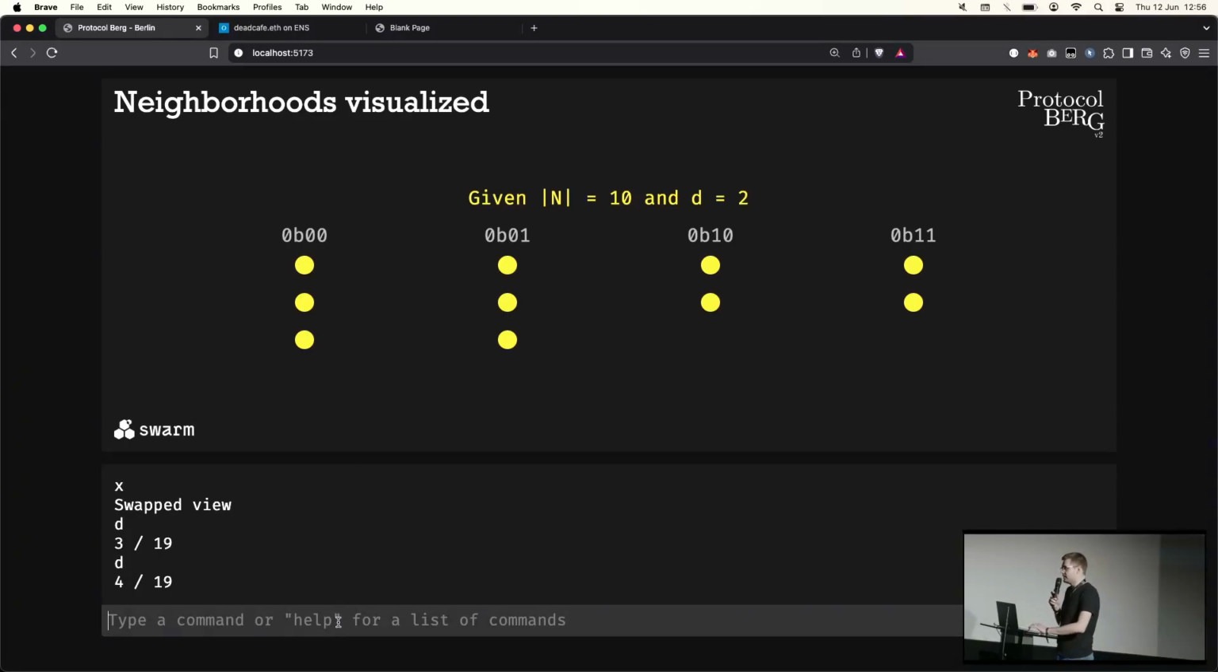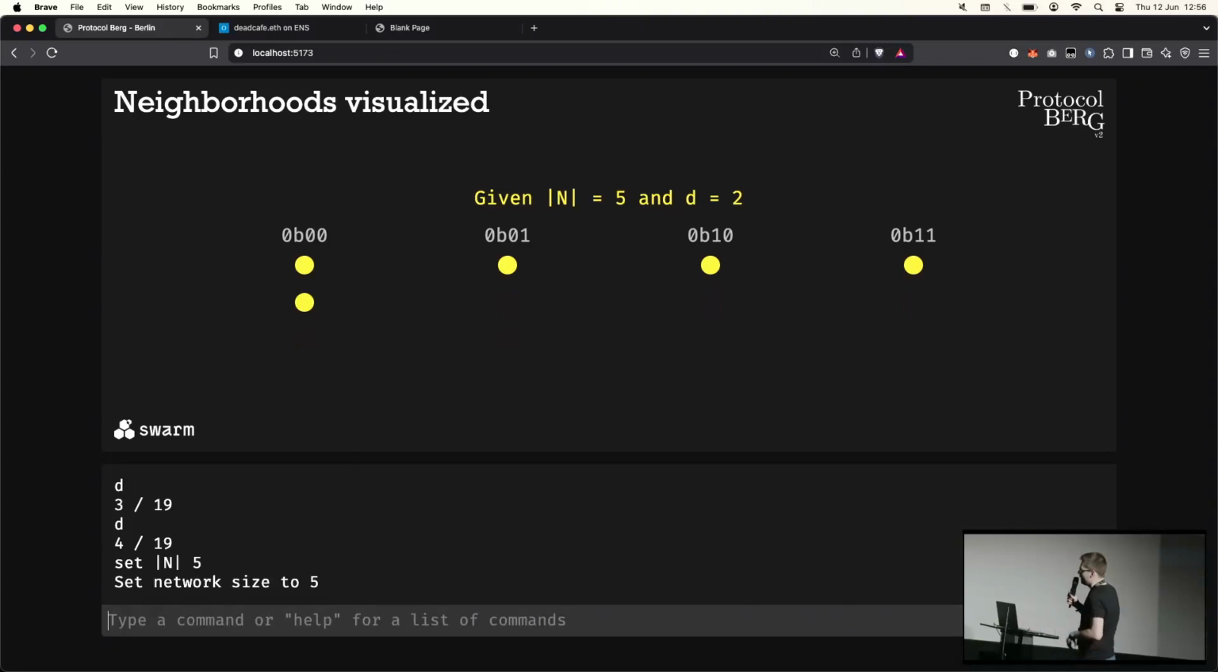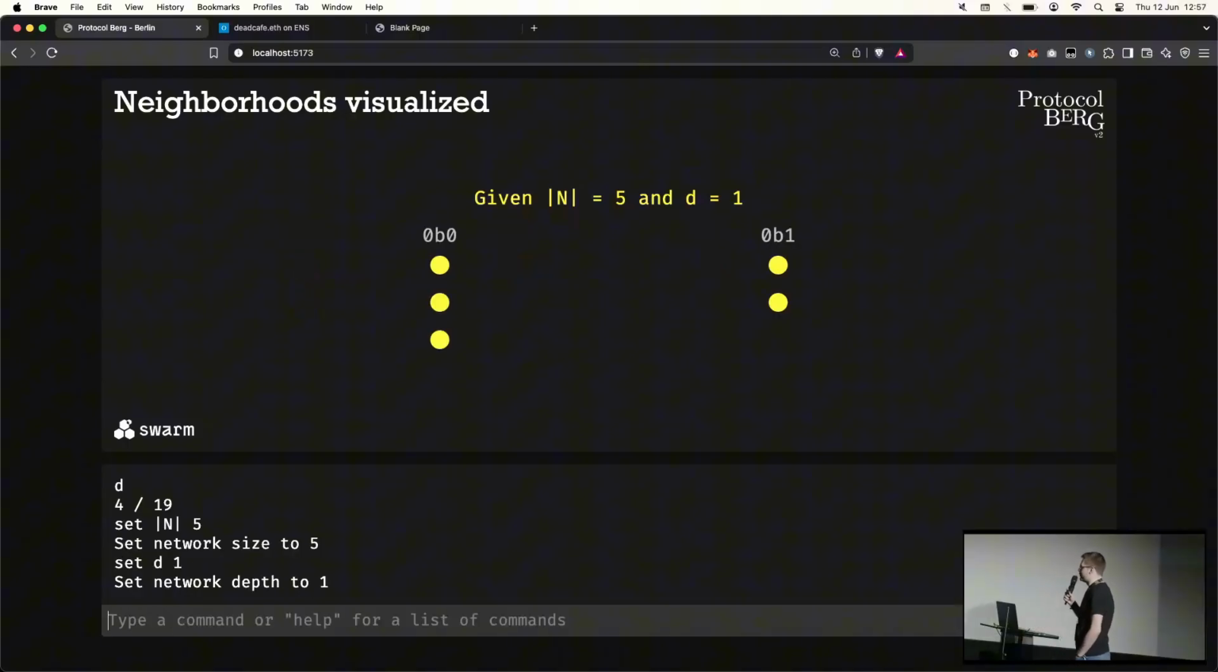So let's say that something bad happens and half the network disappears, like this. Now we can see that we have 3 neighborhoods at risk because only one node is storing the chunks for that neighborhood. And if they were to leave the network, we would again have data loss. So what the network can do and should do is that in situations like these where neighborhoods are underpopulated, the network depth should be set back to 1. Now only one matching bit